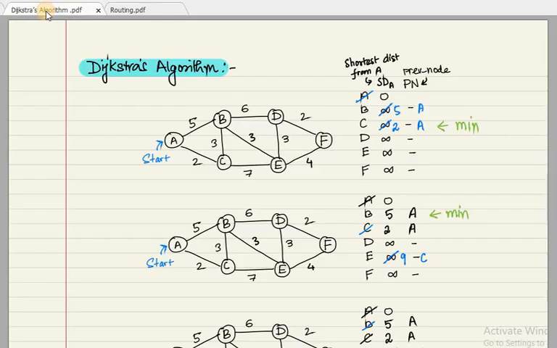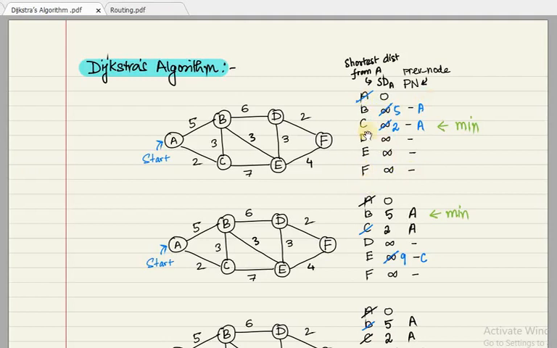Here I'm taking a very different one, a little larger network, so that we can find out various conditions that have to be applied in order to find the table. Okay, so here we have A, B, C, D, E, and F. Based on this network, we have to create a table which will be the initial table. So how many columns do we have? We have 3 columns here: 1, 2, and 3.